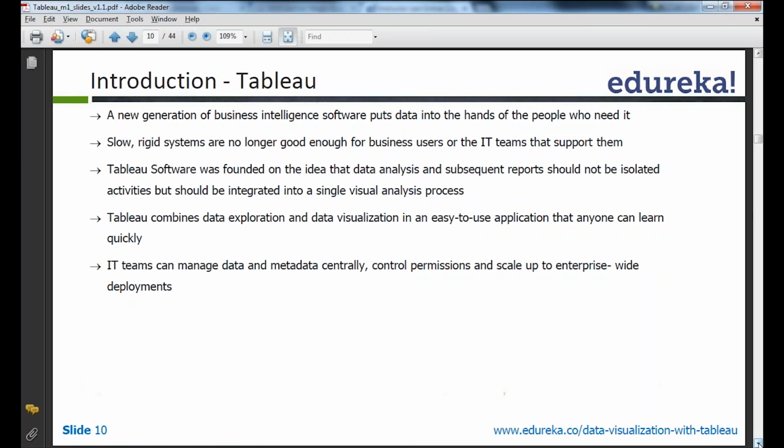But in Tableau's case, you don't need to do that. If you think the data should be arranged in a different fashion, you can do that on the fly. Okay, so that's a big advantage. You can create a hierarchy on the fly. So that's just one example where I'm substantiating that reports are no longer isolated in Tableau. The idea is the reports are no longer isolated from the rest of the system, right? It's all integrated. So Tableau combines data exploration and data visualization in an easy to use application that anyone can